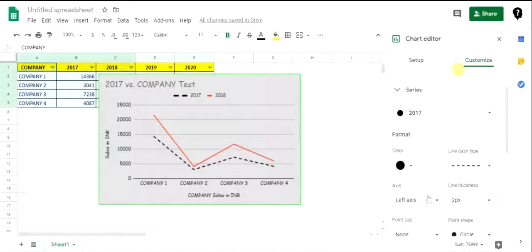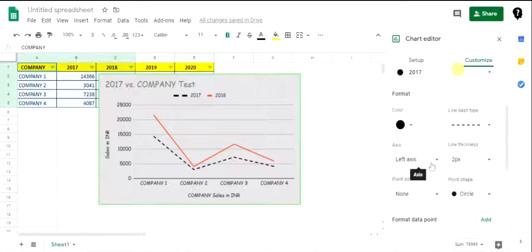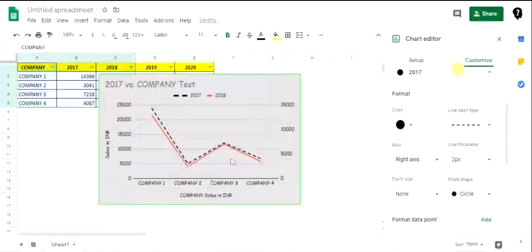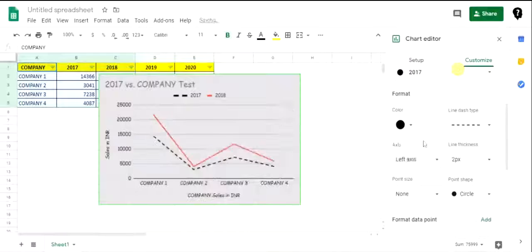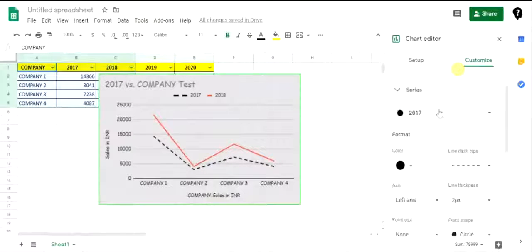Okay, and I do not want this on the left axis. Let us suppose this is a share, I can plot it on the right axis and have a meaningful interpretation. So this way you can change your primary versus secondary axis. Similar commands can be accessed for the 2018, the other series we have added onto our data.